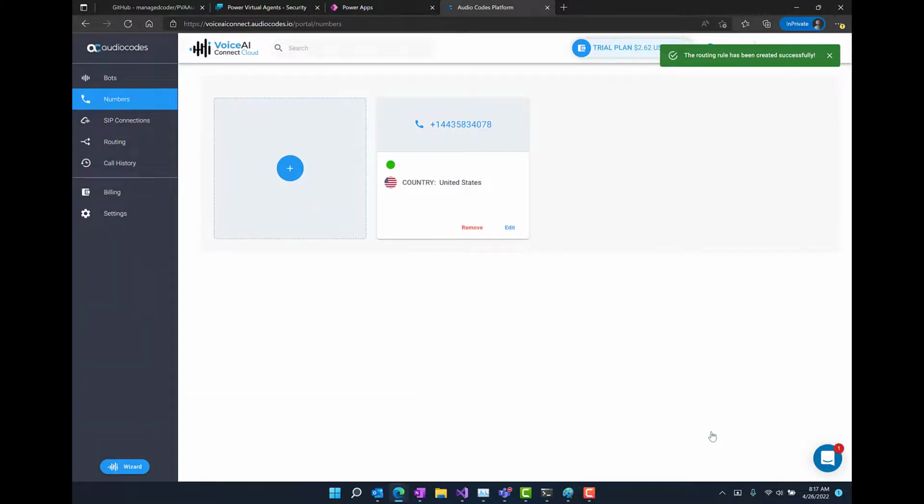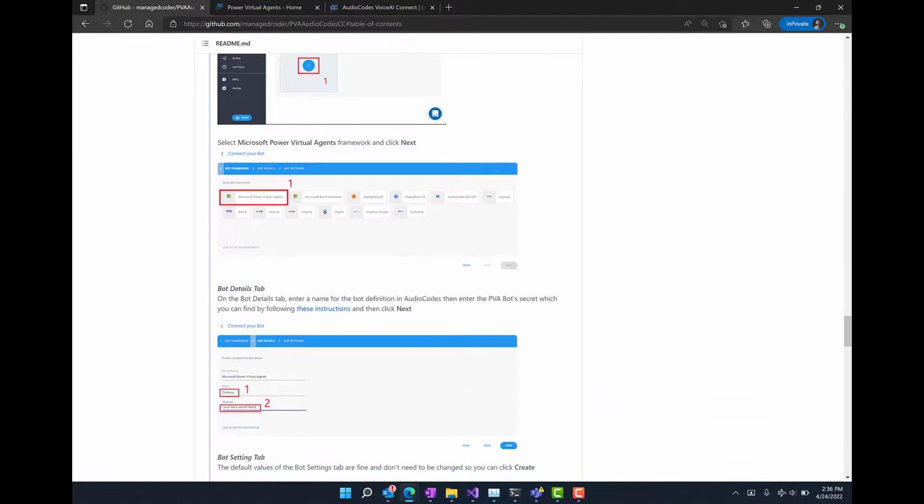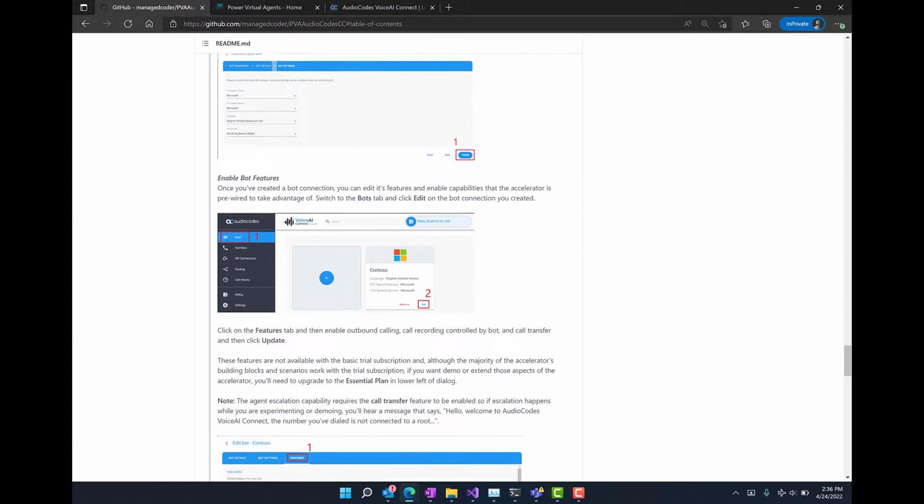Congratulations, you're now ready to call your bot. So go ahead and call the number you provisioned that's showing on your screen, not the 4078 number here. And when you do, you should hear an audio logo and then the assistant's greeting. At this point, you'll be able to explore and demo all the building blocks and scenarios, and a great next